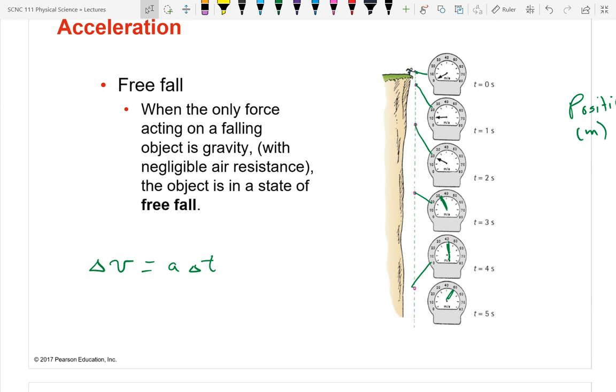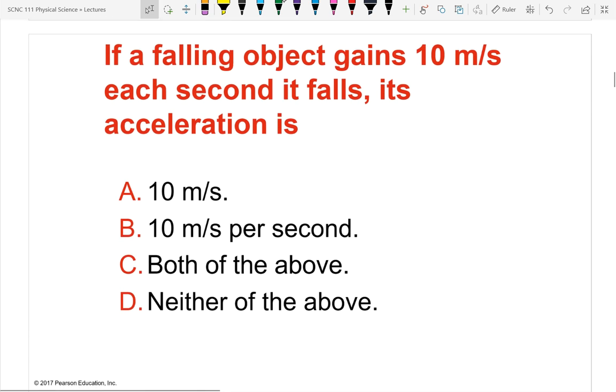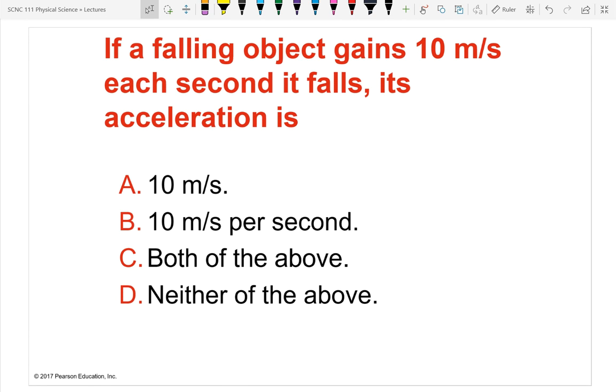So this is a discussion of free fall. If a falling object gains,